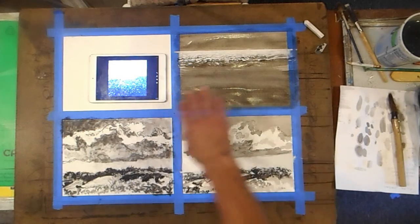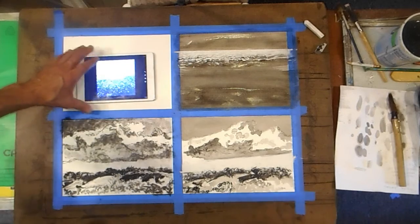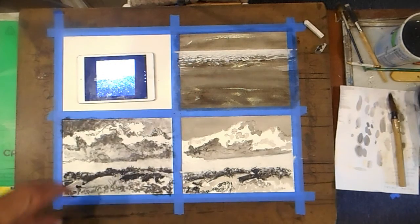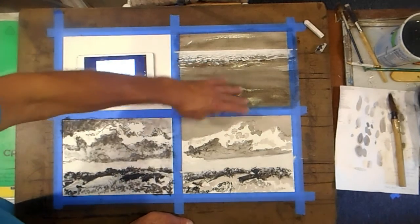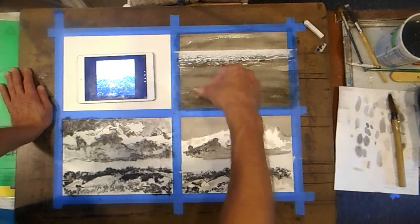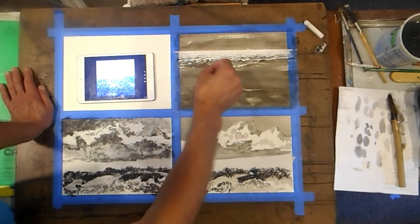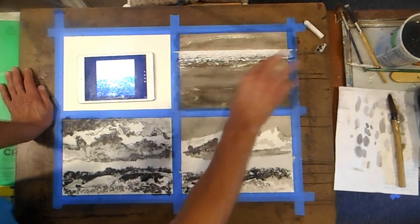So this is just a really simple seascape going on, right? So when I look at it now and I see it drying, I go like, totally the whites want to come down. And I'm going to show you how I did that, which is just to push the Conte into the surface, right? And do it, you know,